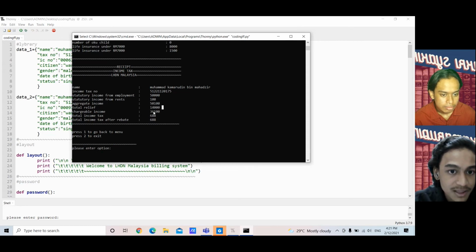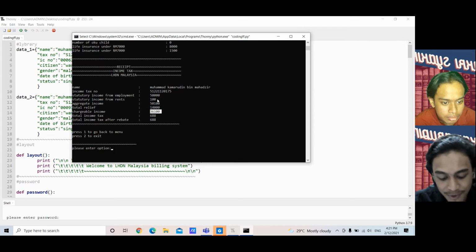If you calculate it, it will get 36,100. And because my chargeable income is more than 35,000, I won't get any rebate. So it will display this after rebate. Okay, if I wanted to get rebate, I have to put my income under 36,000.